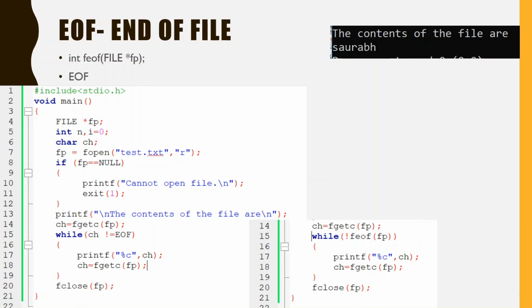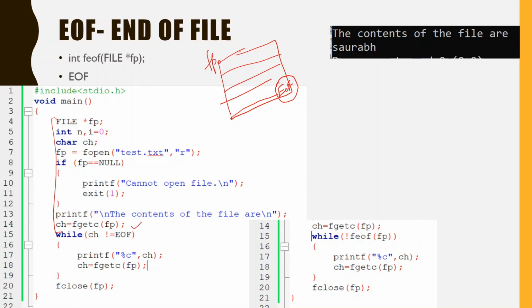A file can also be read by reaching this EOF. Because we know that the file would end at EOF, we can scan the file character by character, and as soon as we get EOF, we know that we have read the complete file. So in the case of reading, if you want to read the complete file, then you can use this EOF for the reading instead of m. Remaining all things are the same. We have used the file in reading mode. Then we have read the first character, so fp is here. Now it is read. Suppose s is written here, so fp is incremented here.